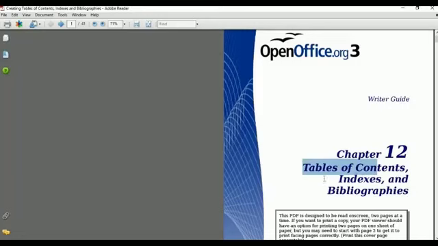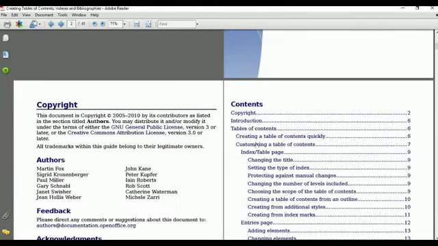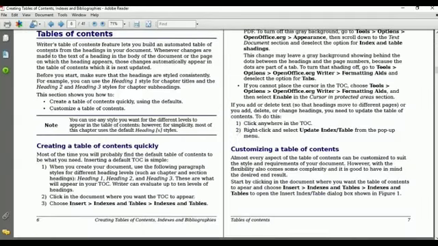But here we want to discuss only table of contents, because in our syllabus there is only one topic, table of contents. Now the table of contents looks like this. Once I click on this, see here, this is the index, means table of contents. I want to click it. Once I click the table of contents, it moves to page number 6. Here this line is the definition of table of contents. Clear? All things are given here.